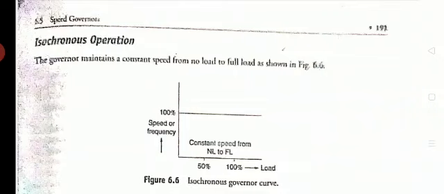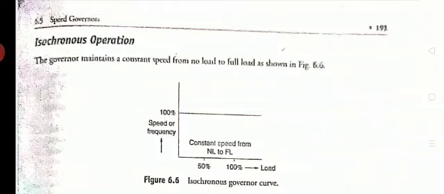So usually in an interconnected system, in order to share the load, whenever it is not possible for only one generator to share the load, multiple generators will be working together. If there is any load change, that will be handled through the different generators working in parallel. That is an interconnected system. So it is very important to note that even a fractional change in the frequency is going to affect the parallel operation of the generators.